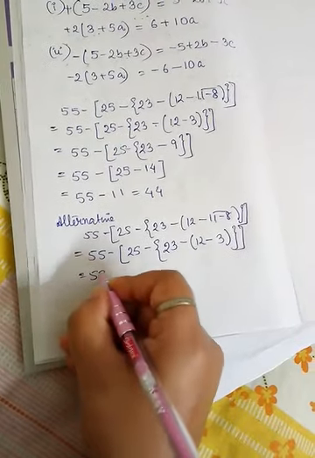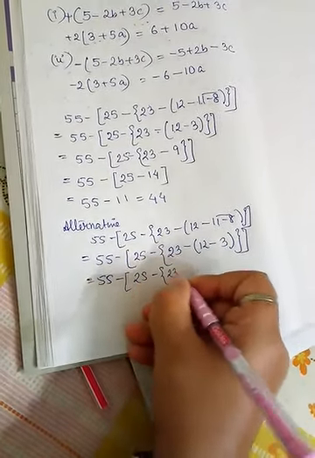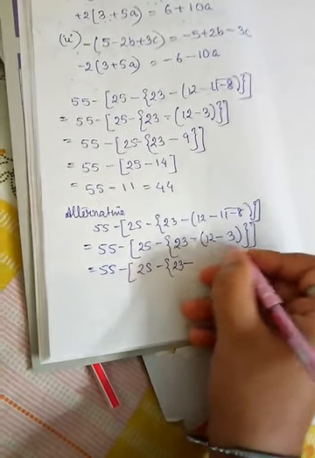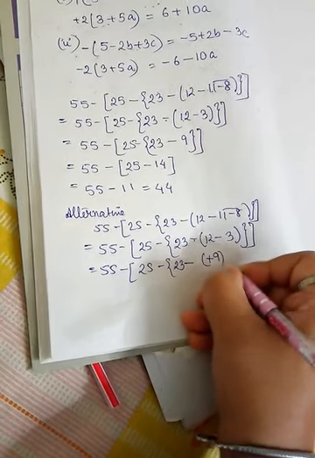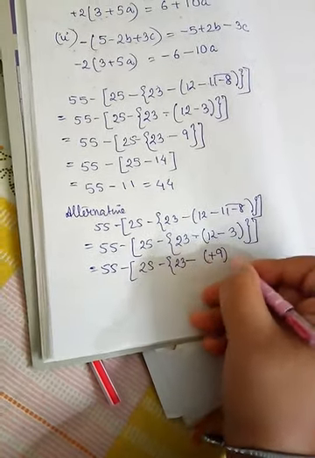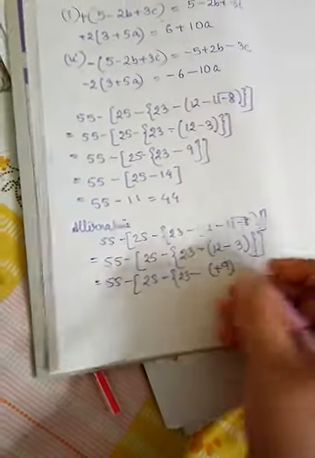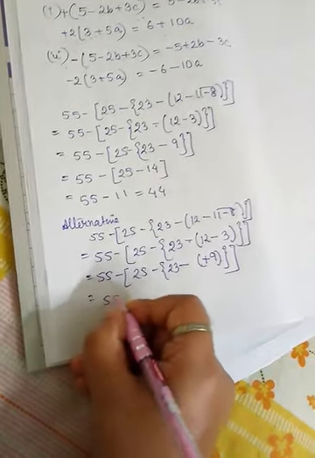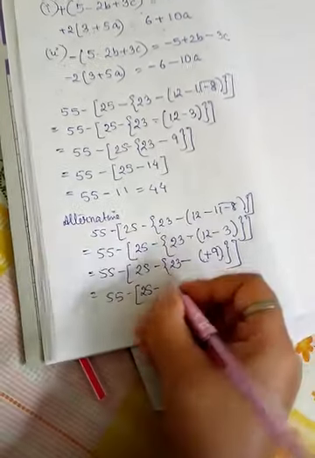Now 55 minus 23. This minus you will keep. Now what will be 12 minus 3? It will be plus 9. So you will write plus 9 in the first bracket, the small bracket itself, and it will just increase your steps of calculation, but there will be less chance of making